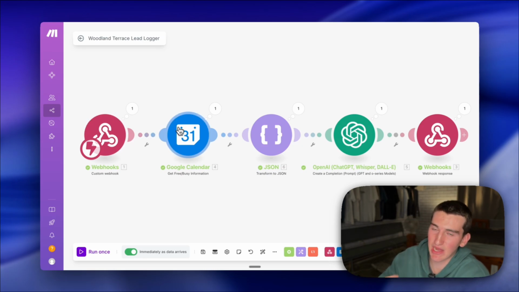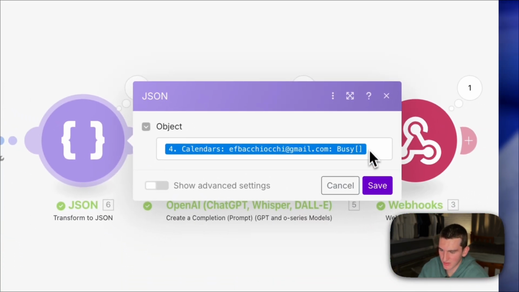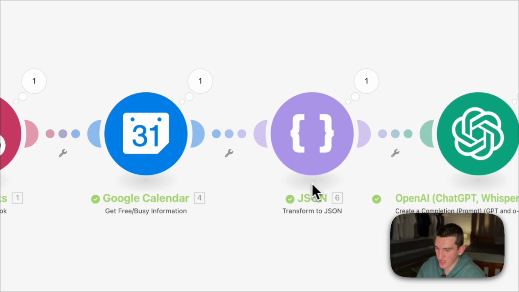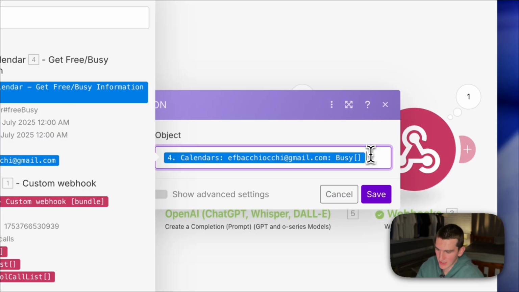However, when it spits back out, it's going to be in a pretty messy format. It's not going to be able to be read. So what we need is this JSON transformer. So we're going to add that module in, and then we're going to add the info that we want from